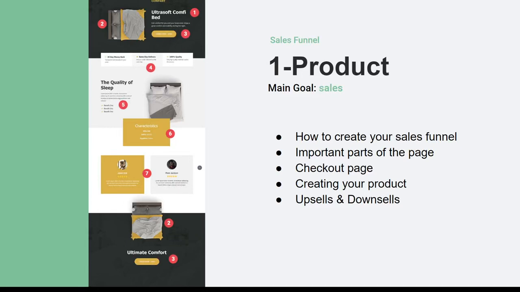Alright, so the first type of sales funnel that we'll be looking into, and the most simplistic one, is the one product sales funnel. And of course, the goal is to generate sales. And in this video, we'll be looking into exactly that, how to create our first funnel, basically in minutes,